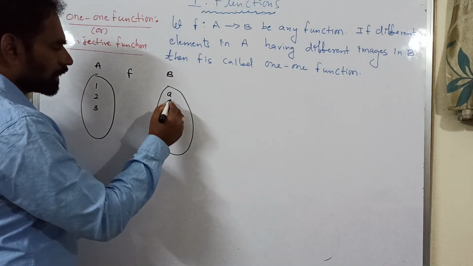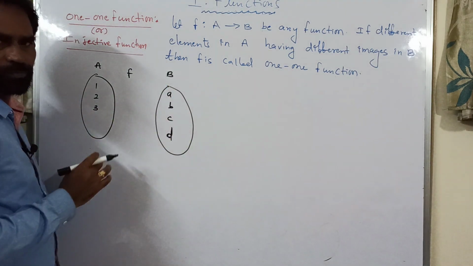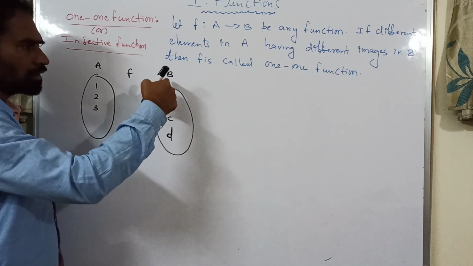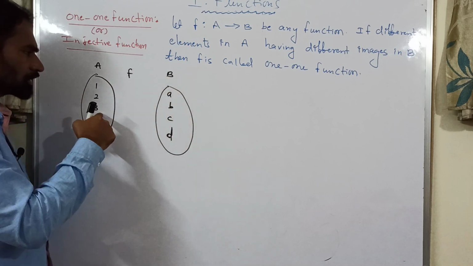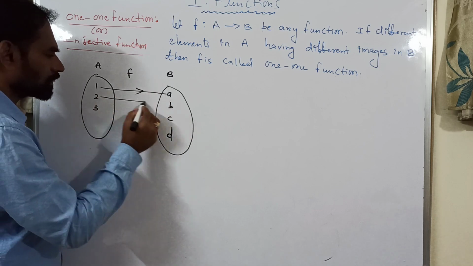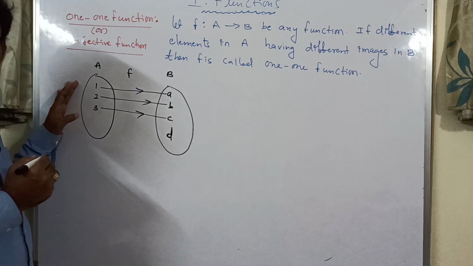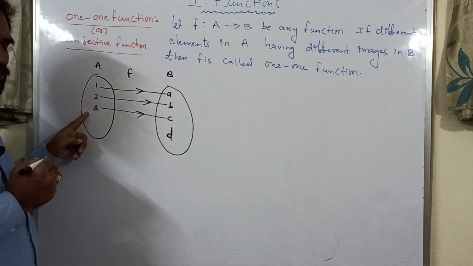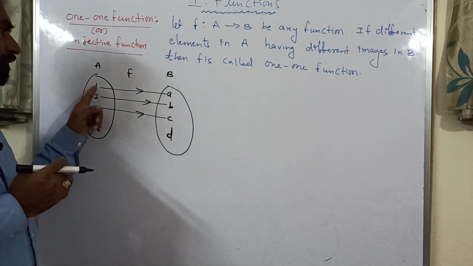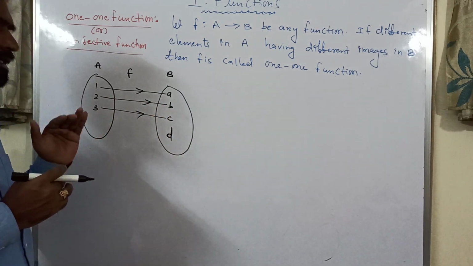I am taking here a, b, c, d. Different elements in A have different images. Observe this, B is called the codomain, with elements a, b, c, d. 1, 2, 3 are in the domain. Here the images we are drawing like this: 1 to a, 2 to b, 3 to c. If you observe the diagram, different elements 1, 2, 3 have different images in B. Image of 1 is a, image of 2 is b, image of 3 is c. That's why this type of function is called